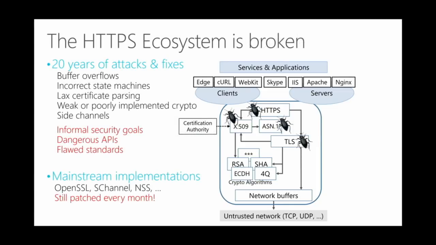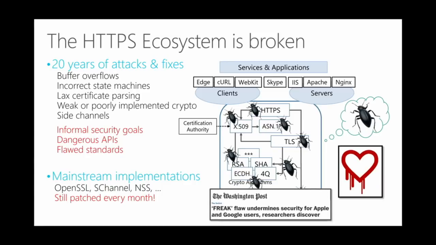The trouble with HTTPS is that although you should still use it and it's significantly better than not using any protection at all, the protocols and the algorithms in this space have been hit by attacks and corresponding fixes for 20 years or more. Maybe the one that's got the most attention is this Heartbleed bug, which in a way is a very boring bug. Heartbleed was essentially exploiting a buffer overrun, a memory safety vulnerability, to compromise implementations of TLS.